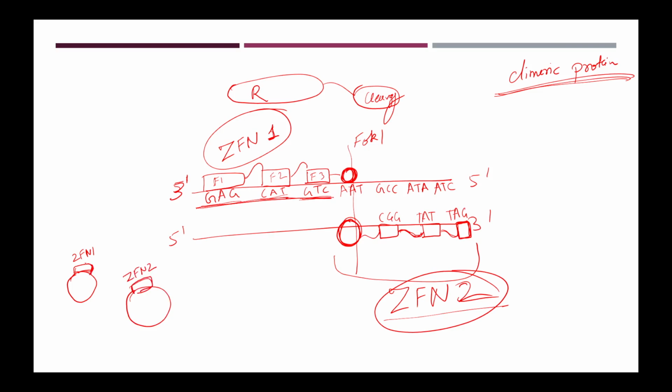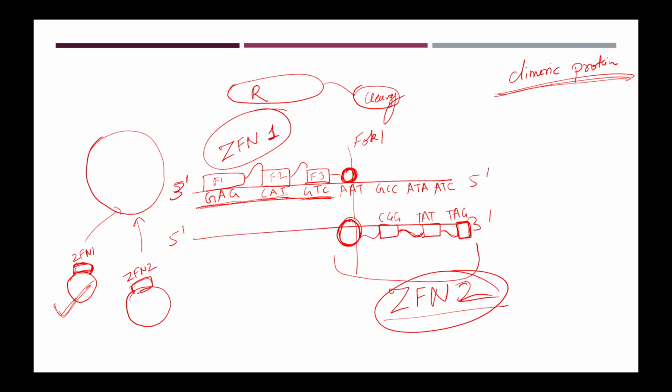Now you have to make both the vectors enter into the cell. There are probabilities sometimes, because of the limitation of the transformation or transfection protocol, that both of these vectors are not able to enter, or one has entered in more copies and fewer copies of the other are present in the cell,